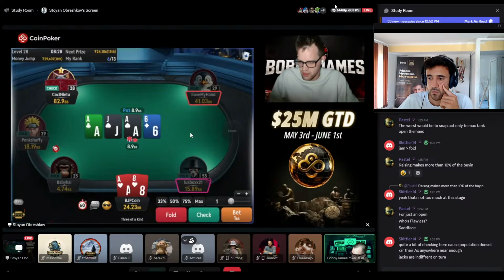burn too much of the equity by checking, because he can still bet river, right? If it comes spade, he bets river, we call, we're going to win a bunch anyway, right? But I think he's just more weighted to having jack x hands, and if he's got like jack 10, maybe he just folds turn because I'm weighted to having way more ace x, the stronger ace x. So I don't know, it's quite